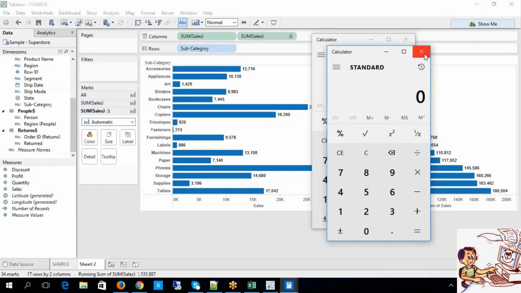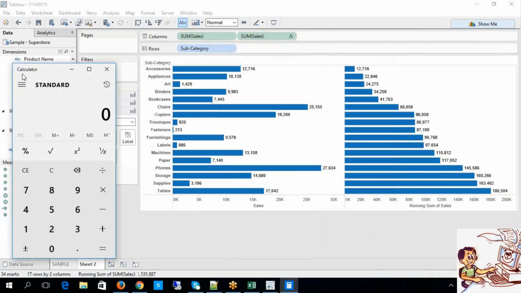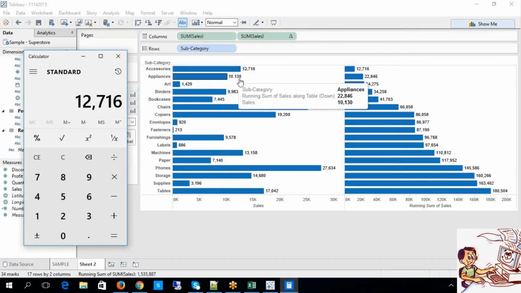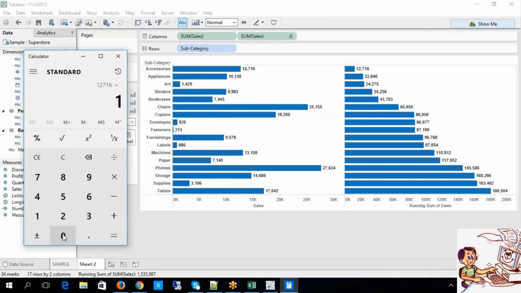Look at this. For accessories, what is the value? 6 plus the next value, appliances, plus 10130. How much? 22846. Look at this, 22846.